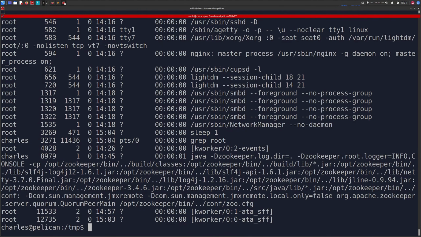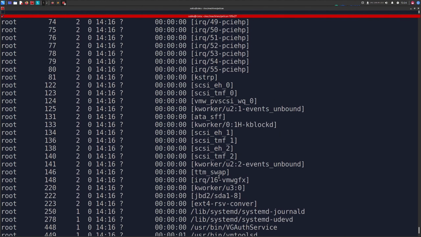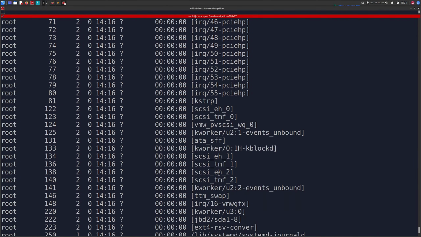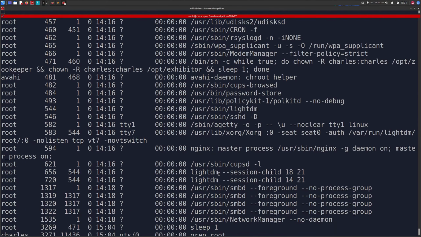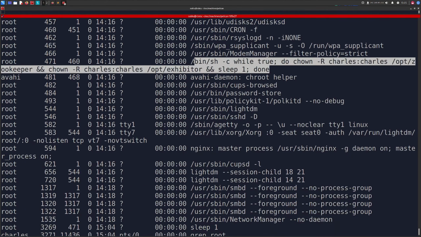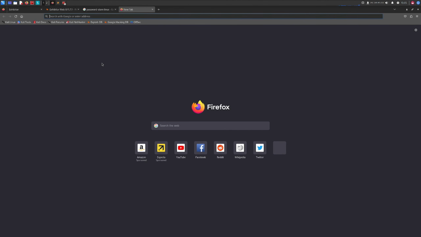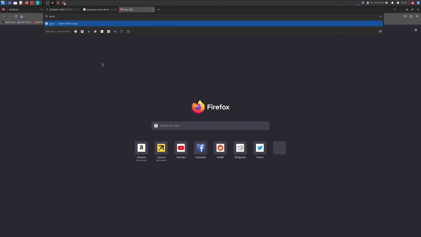Let's see. Didn't see it down here. Let's scroll up a little bit. Doesn't look like it. Oh yeah, right here. We have this bin sh while true. And then if we scroll down right here, we have this password store. So these are programs that are running currently. This is good because gcore, if we come here to Google and search gcore man,